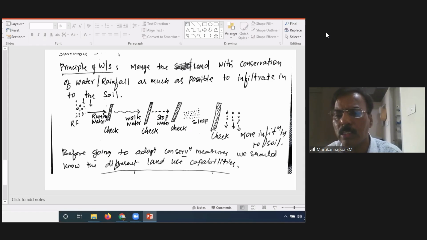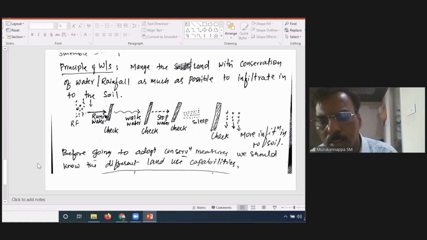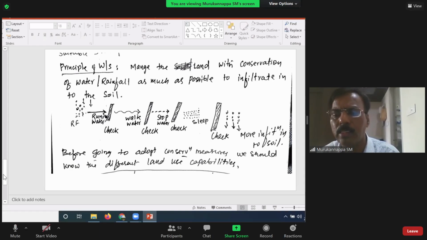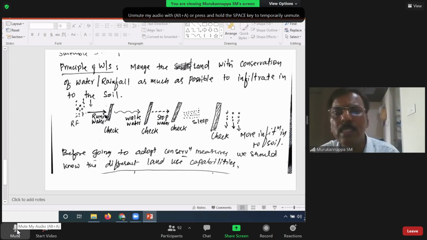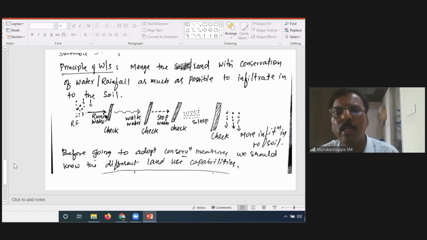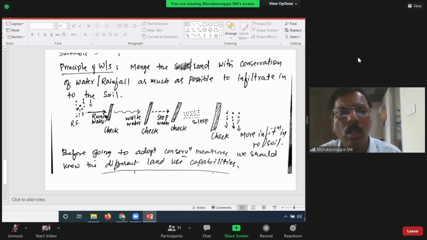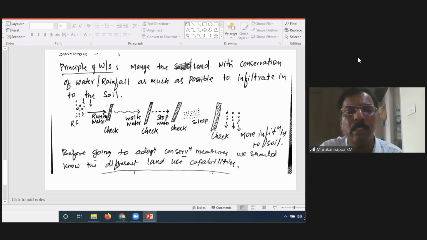What do you mean by watershed? Keen Victor, tell me, Victor, please. It is not a place, it is an area. Okay. So whatever you said is exactly correct. It is the area wherein the entire water is drained to a common point on the lower downstream side. Okay, clear now? This is the principle behind it.